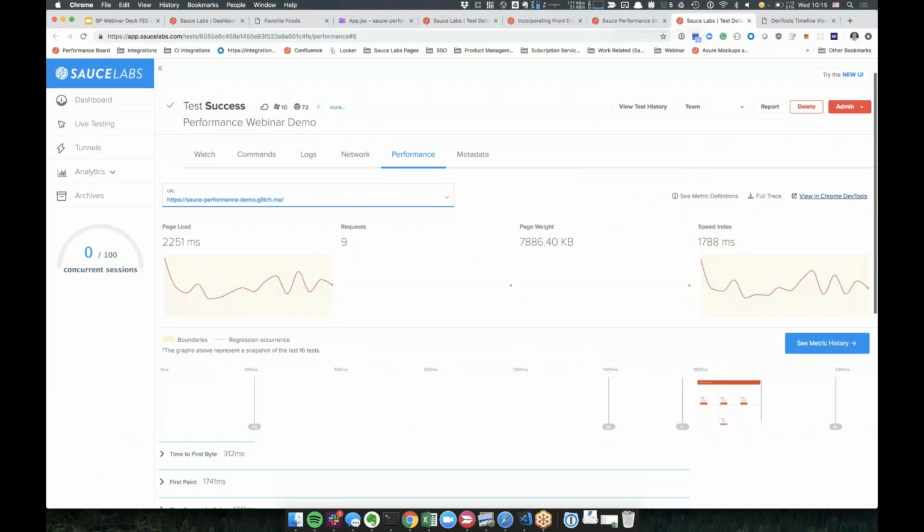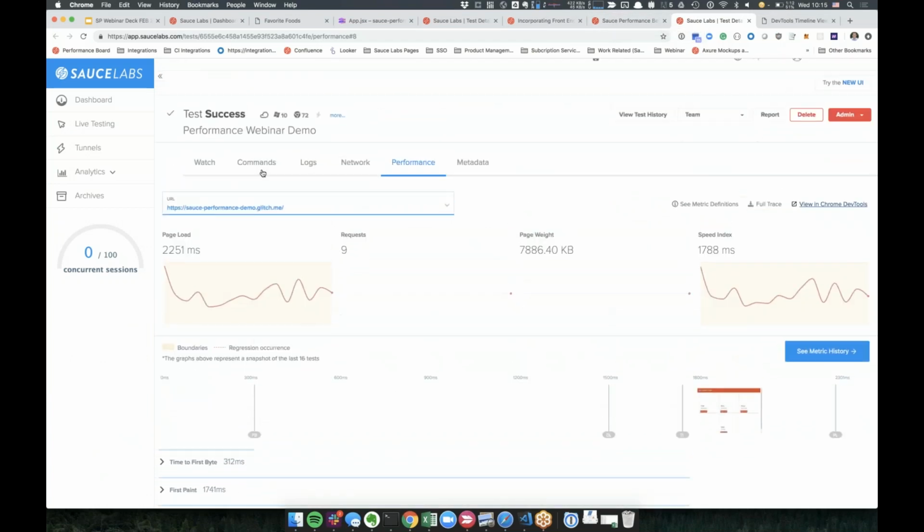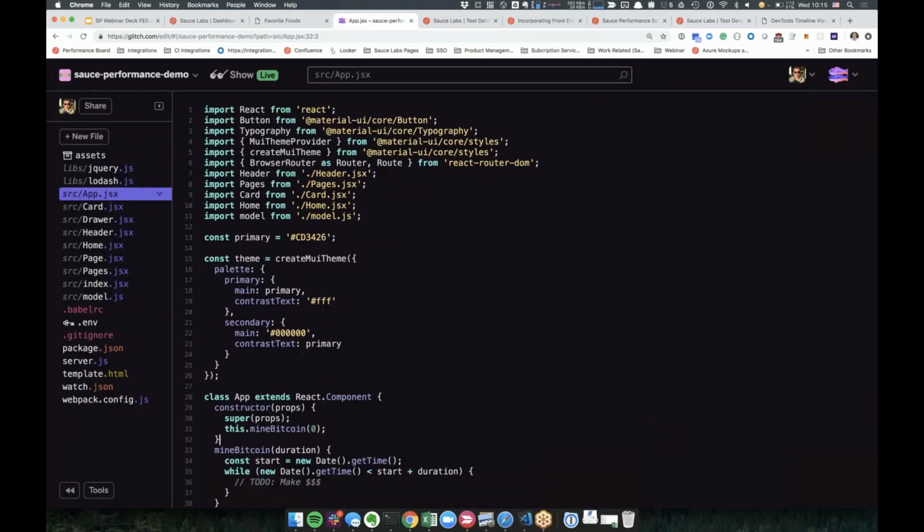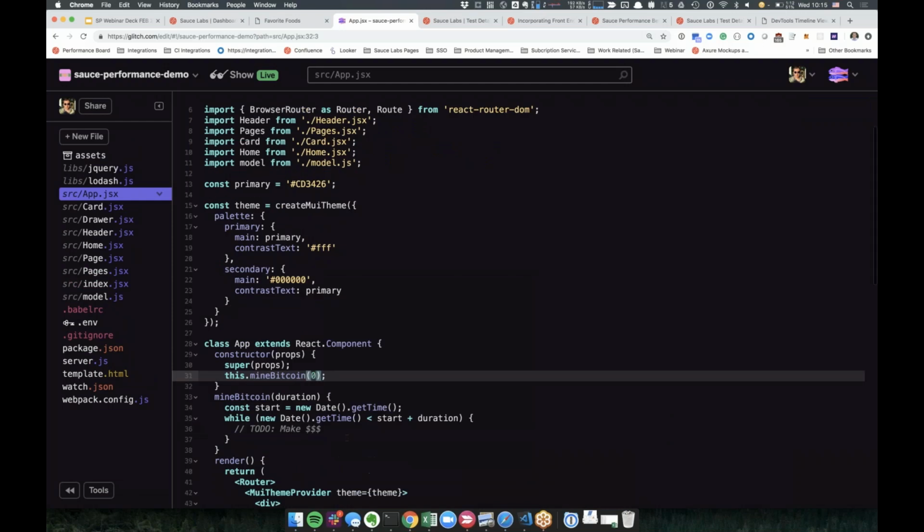Now that we talked about the UI itself, let me quickly introduce a regression to the application. So we have an artificial delay of 10 seconds. So once the page finishes building,